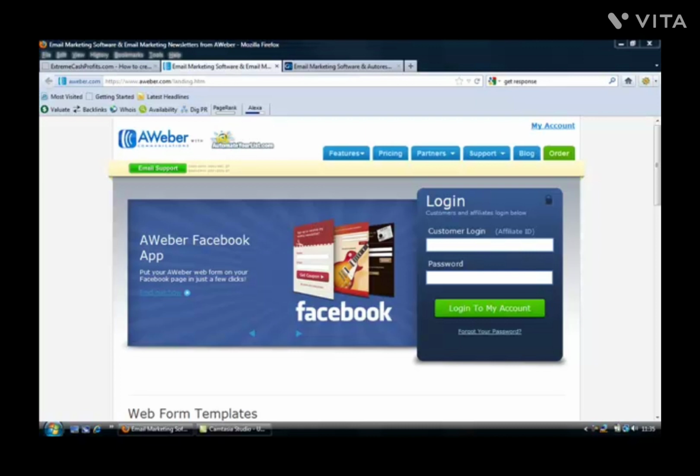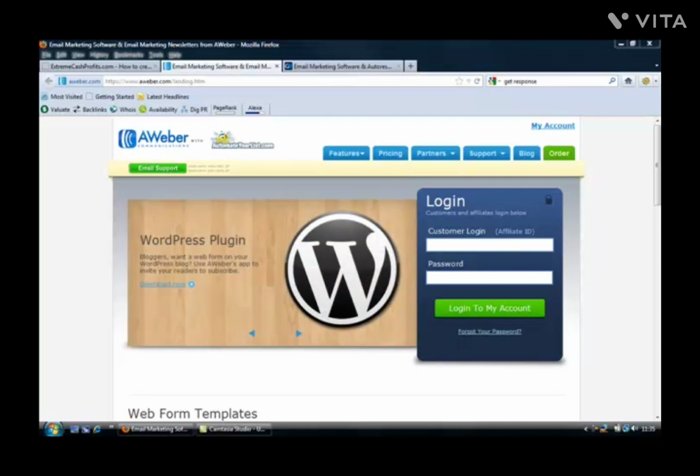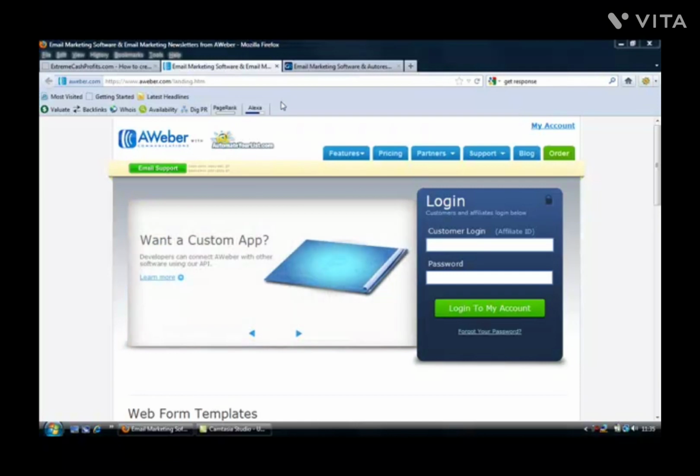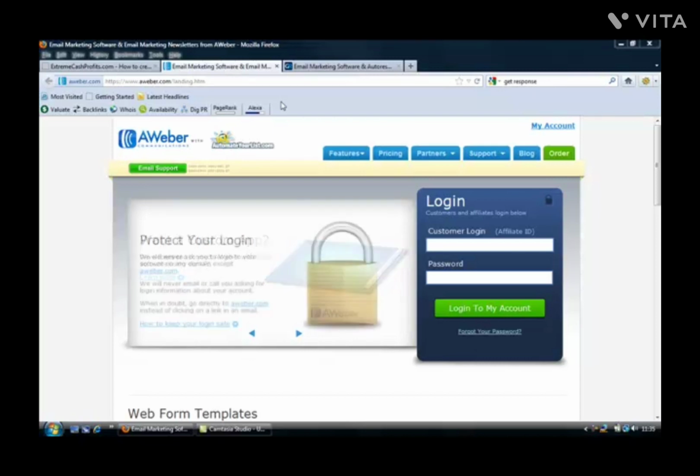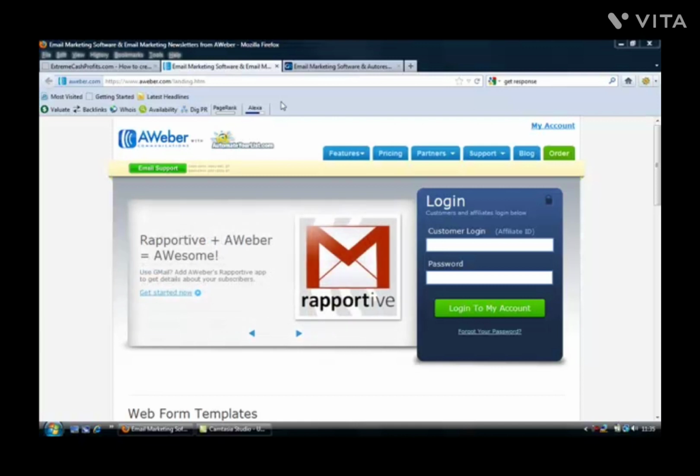There's two different autoresponder accounts or services that I would recommend. The first one being AWeber. AWeber is who I've been using for about 3 years now. They're absolutely great. I've got no problems. I've never had any problems with AWeber. The support is really good. If I've ever got any questions, they get back to me really quick. So I've always recommended AWeber. They're a great service. The other service that I would recommend is